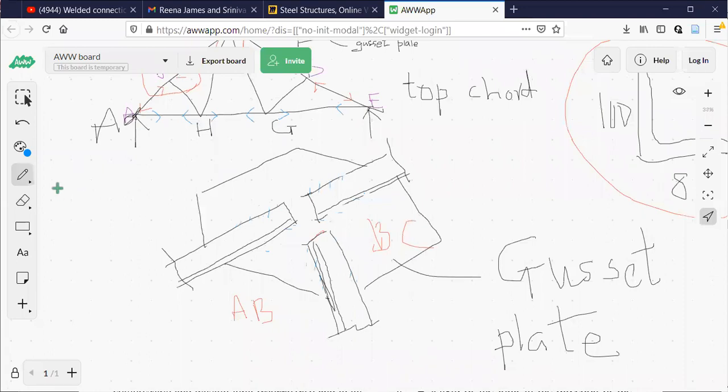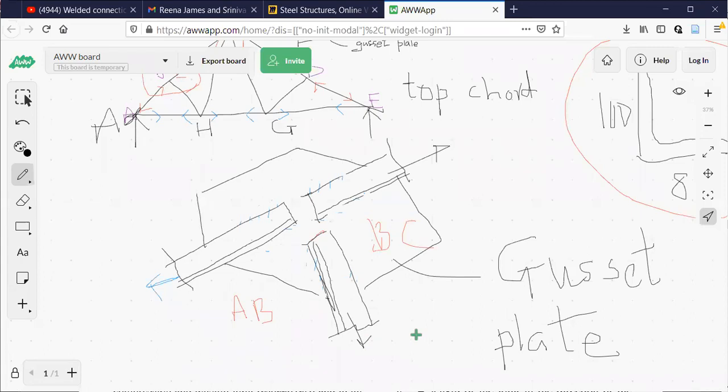Now the second option is to connect them using what is called a bolted connection. Depending upon my design of the bolted connection, which I will be doing in module 2, what am I supposed to find out here? What is the diameter and number of bolts? That is a design. It depends upon how much force is acting, how much force this member is carrying, how much force this member carries.